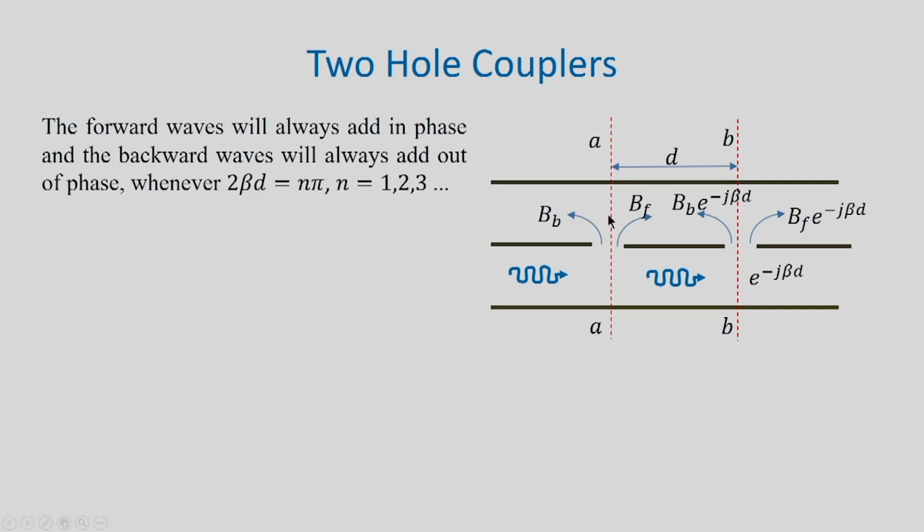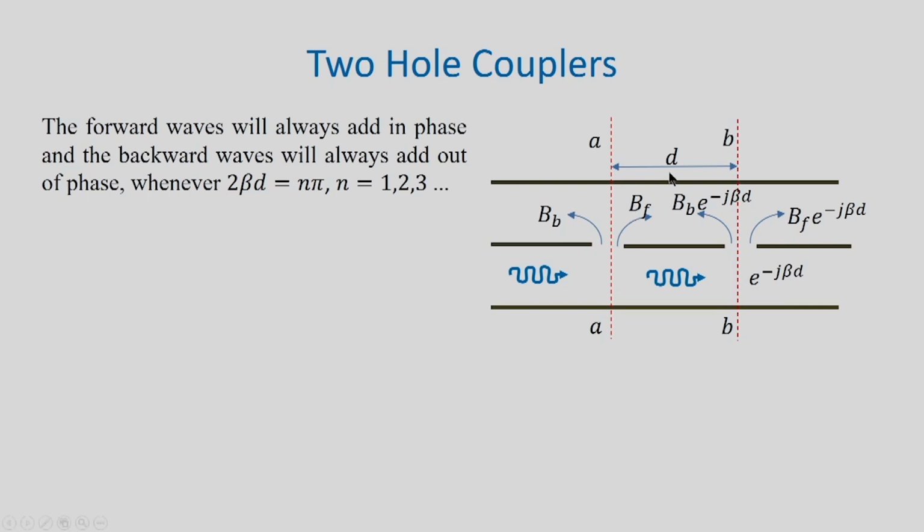So, if we have here B_b plus B_b e to the power minus j 2 beta d, and suppose we have 2 beta d is equal to pi for n equal to 1, then we have 2 pi by lambda d is equal to pi, and therefore, d by lambda is equal to 1/4. So, if we take this d to be equal to lambda by 4 or rather lambda g by 4,